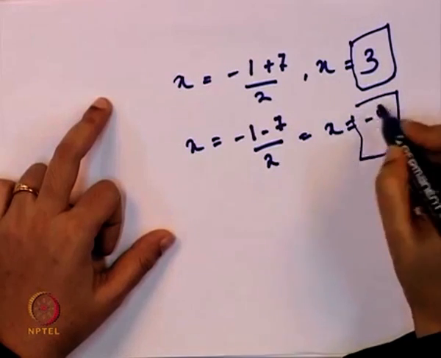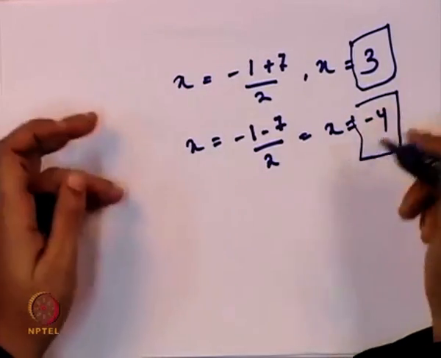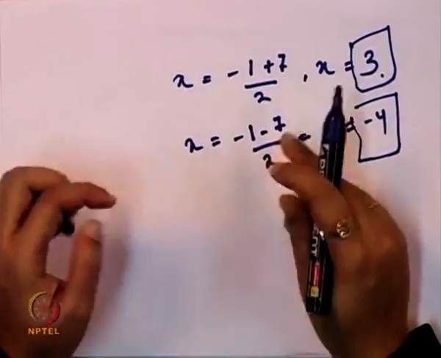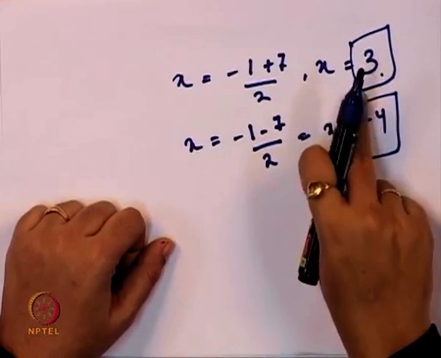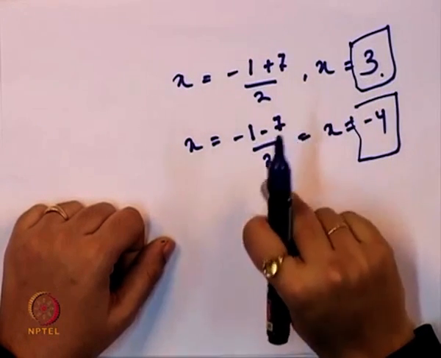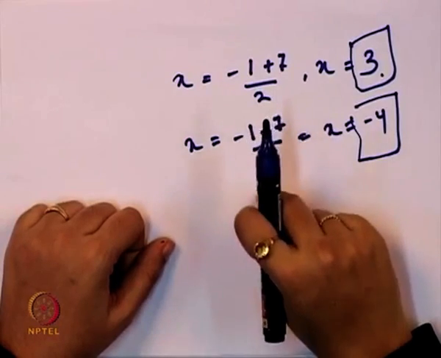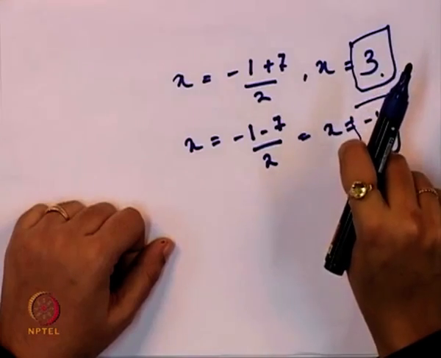So, basically we ignore the value which has a negative sign, and we always go for the positive value, because it makes more sense in economic analysis when we go for the positive value. So, if you remember the previous solution, what we did through the factoring method also, we got two values of x, one is 3 and the second one is minus 4.